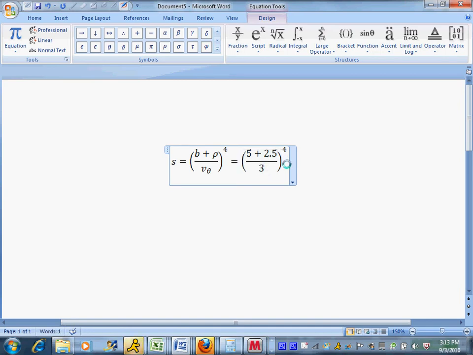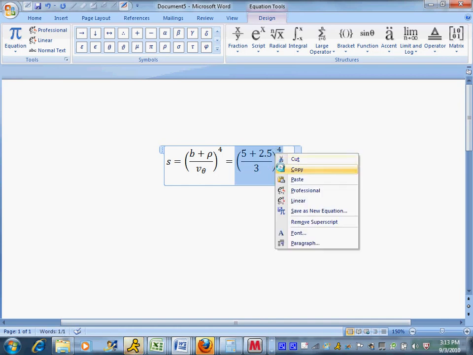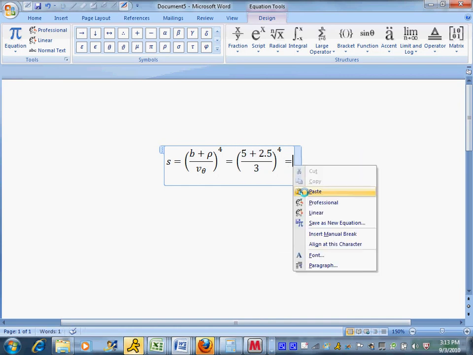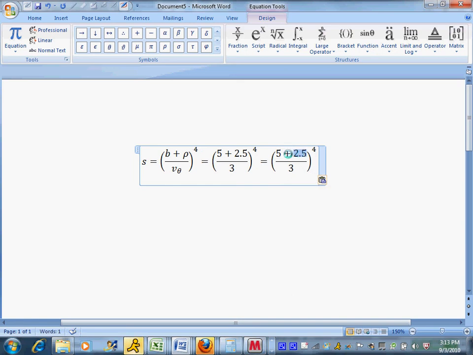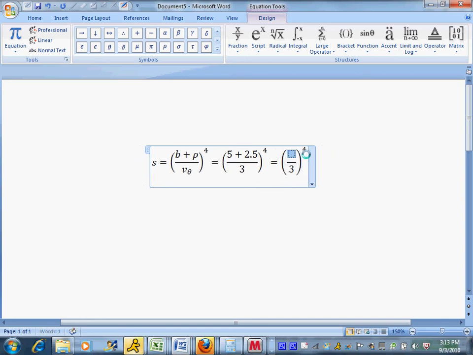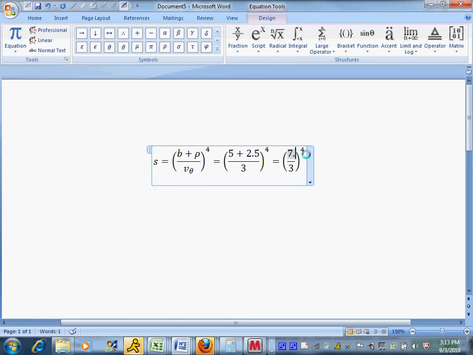And then I want to show some steps along the way. So I'm going to do the same thing. I'm going to copy, paste, and I'm going to show some math. 5 plus 2.5 is 7.5. 7.5 divided by 3